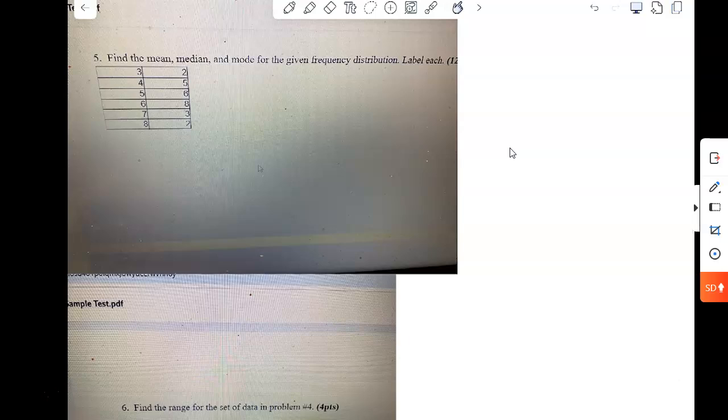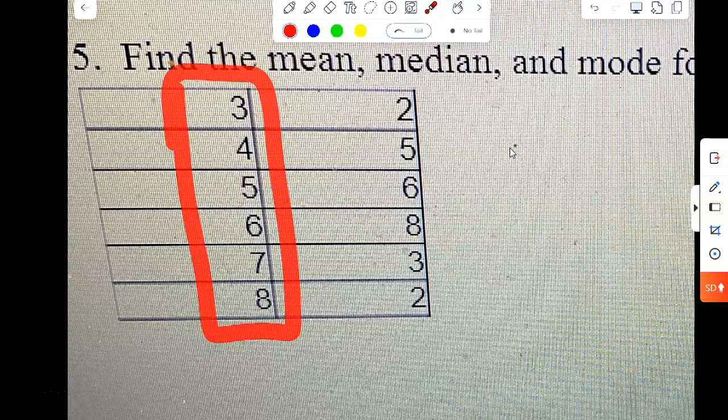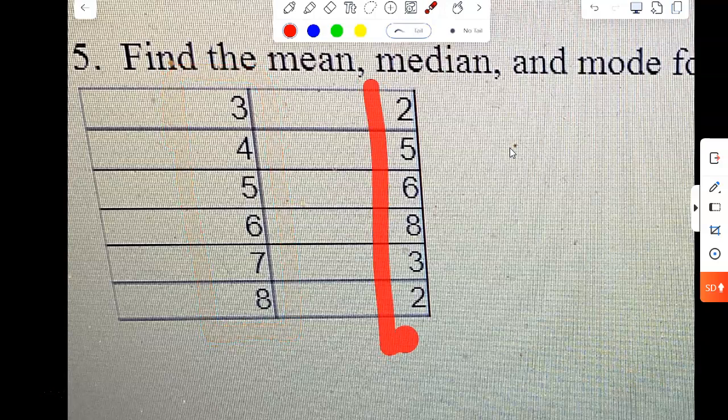Now, the next question deals with finding the mean, median, and mode. We don't worry about the mid-range here because we already have done an example of that, and that actually doesn't change using a frequency distribution. So remember the way a frequency distribution works. We have our data values over here and how frequent they are over here. So first, let's do the